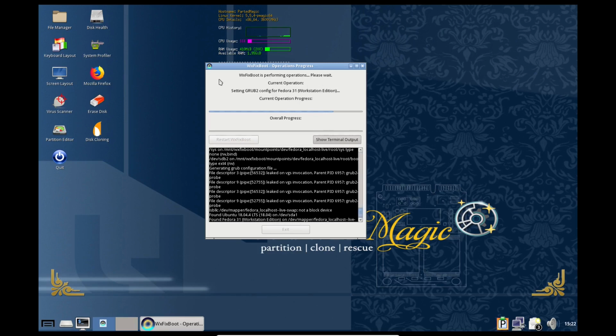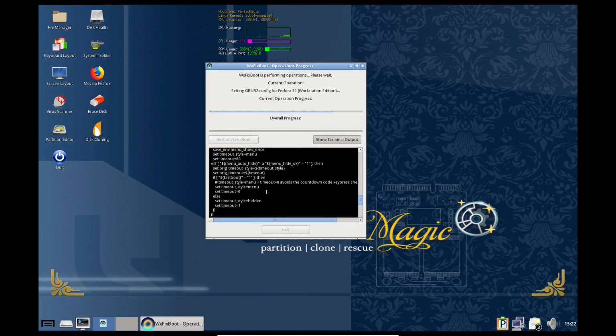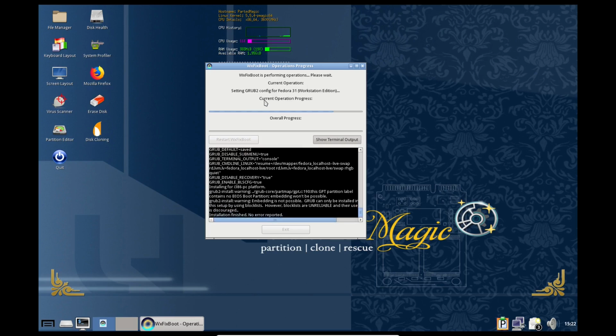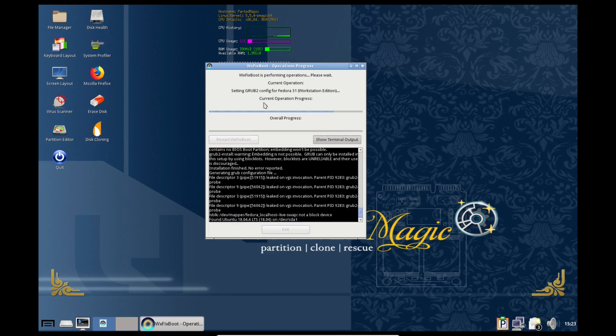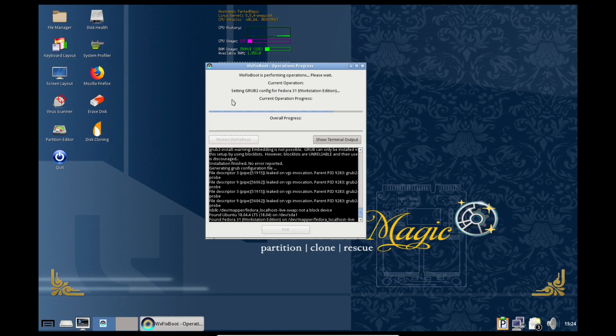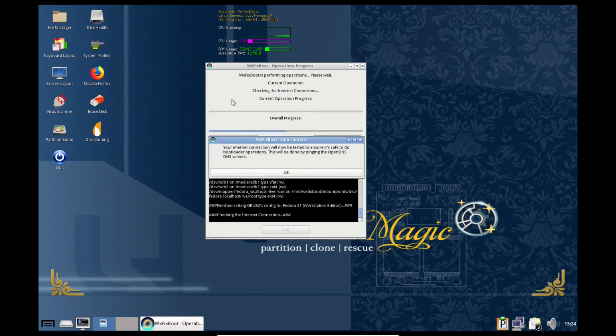Here we go. So you've got some progress now. It says it's found Ubuntu, found Fedora. So now it's set the bootloader configuration, installed the bootloader, and we have our wait again, because it always updates grub twice, because that's just how the installation works. Here we go. So it says it's found Ubuntu and it's found Fedora. Okay, so that's one done. You can see our overall progress has bumped along now. So it will test the internet connection again,